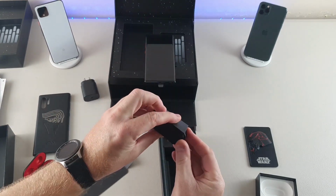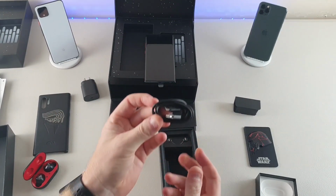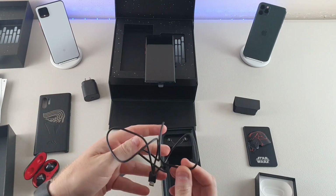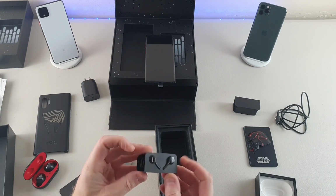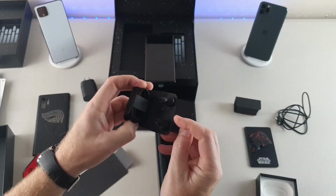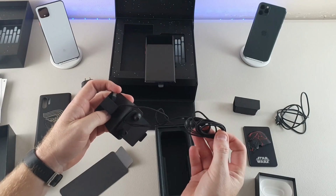I think it's a charging cable. Yep, just a standard charging cable. Again, good quality from Samsung, and yeah, standard length. Nothing really new there. And of course, tuned by AKG, Galaxy earplugs, which are USB Type-C, which is,